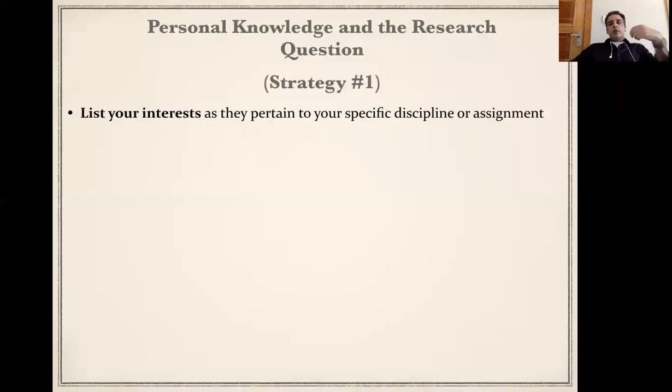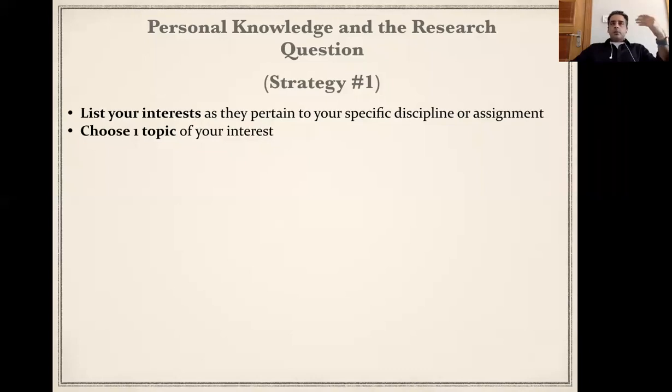So first of all, in this phase, when you have your personal knowledge and the research question, you list your interests in a specific discipline of healthcare or whatever you are trying to work on. So these are my topics or areas of interest, this is where I want to work. Then the second step would be to choose one topic of your interest out of that list. So just start writing them. It's just a free write that you'll be doing in this strategy.